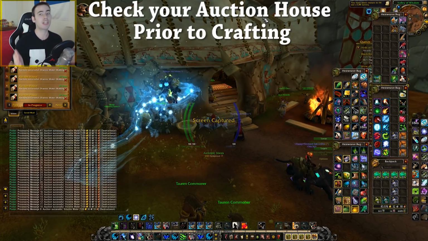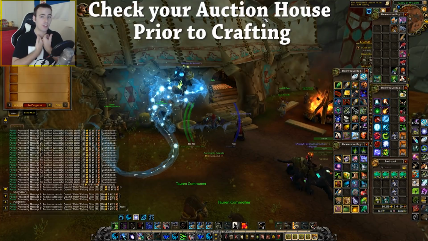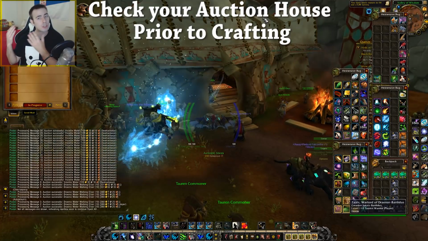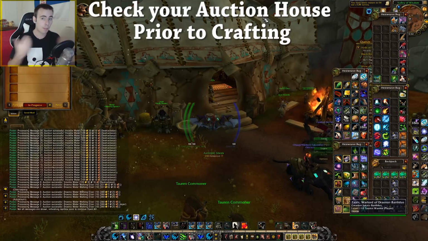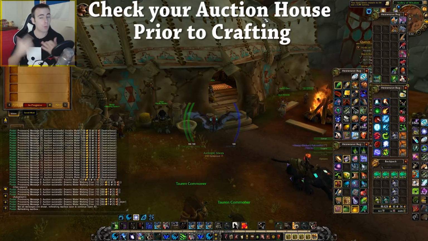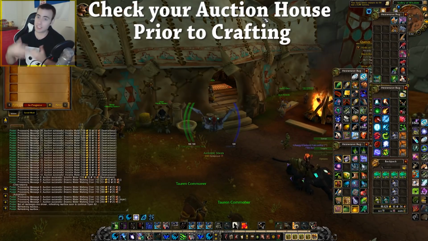So please check your AH before you start crafting items, because what works on my server may not necessarily work on your server. Many factors come into play, such as how many players there are on the server, what the people are doing on the server, as well as what the market on the server is. My server is Frostmourne on the US Oceanic Realms, which means we have a lot of PvPers and a lot of raiders, which may or may not impact the value of flasks and herbalism because a lot of people are